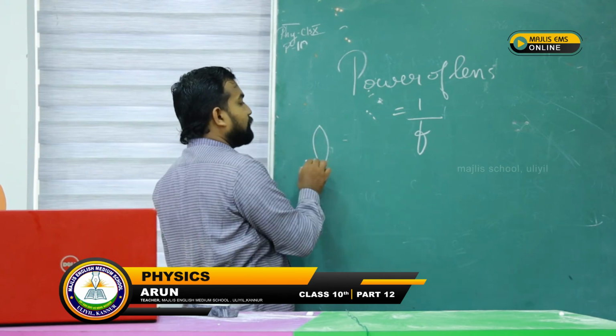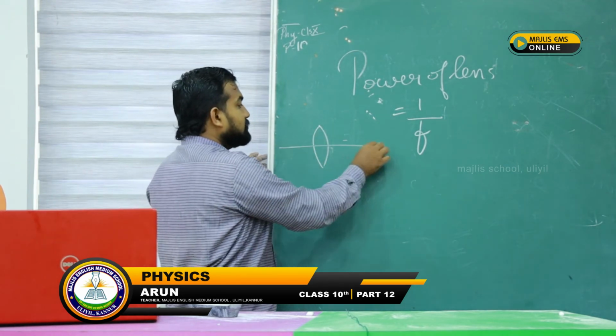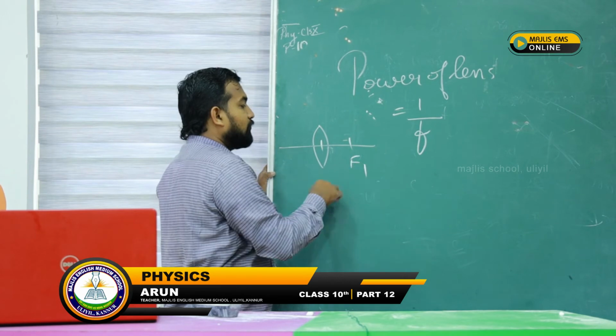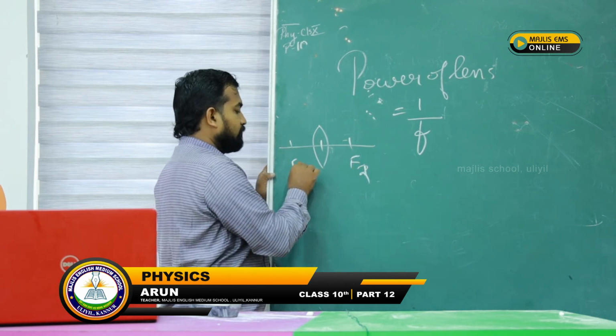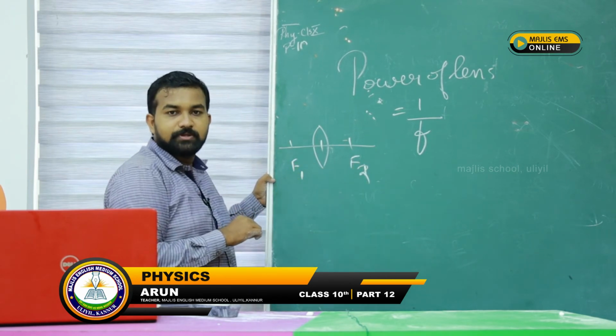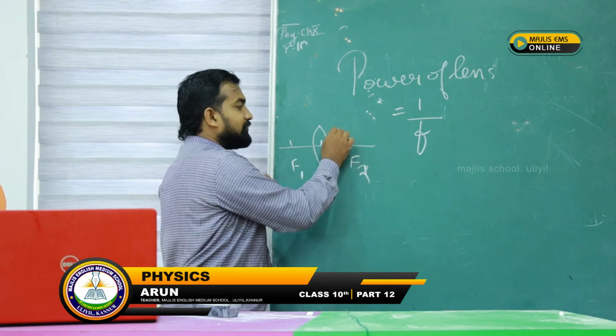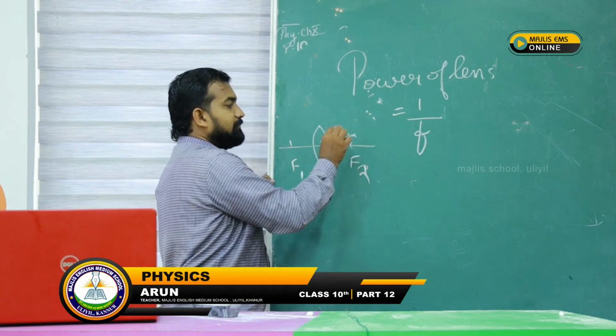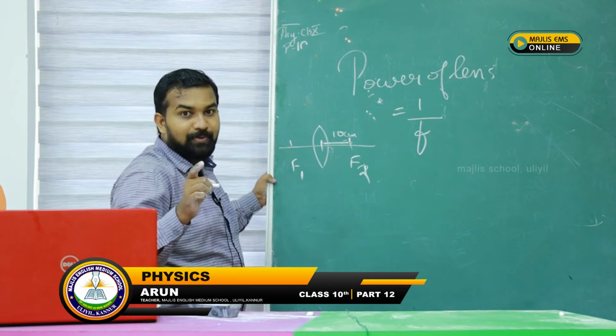Whichever lens we take, if you want to calculate its power, you just find out the focal length of that lens. Okay, and if the focal length is 10 centimeter, and you want to calculate power,